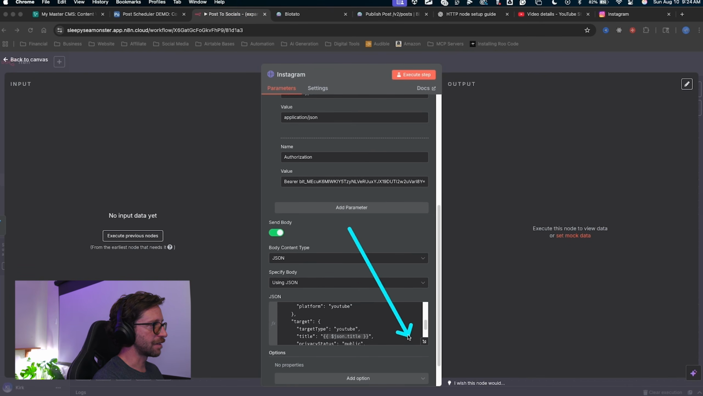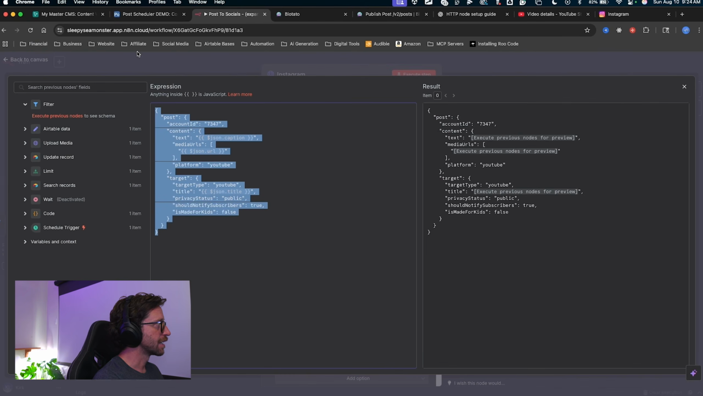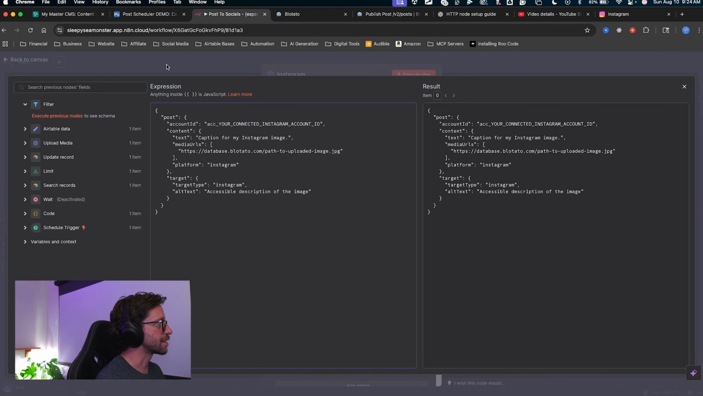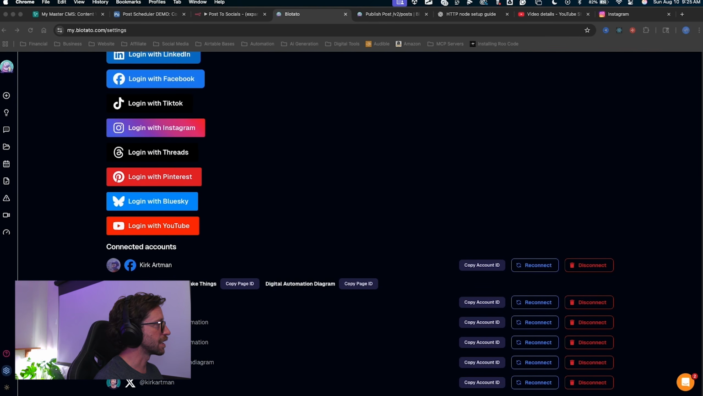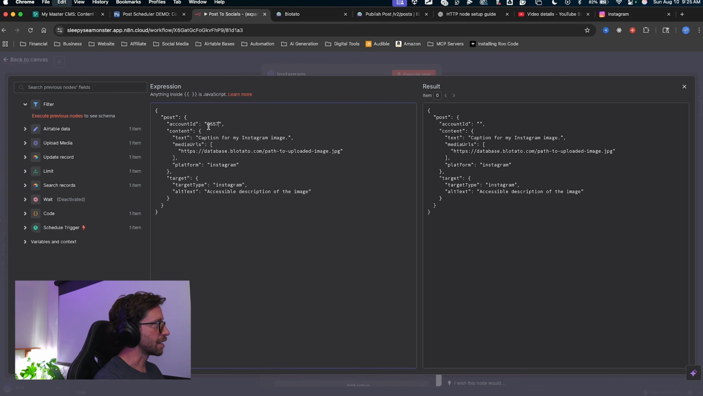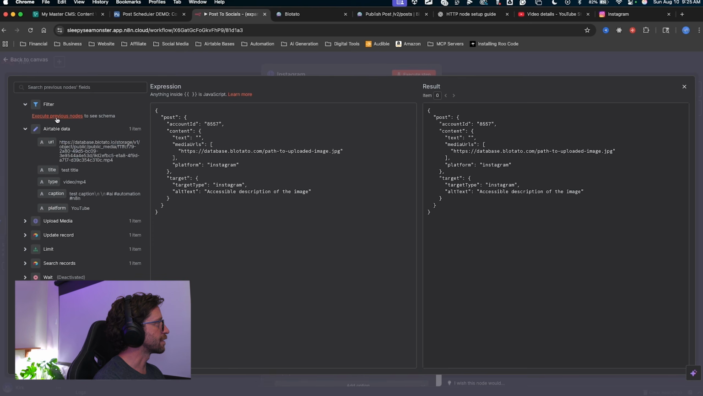I'll expand out the expression here, click the little button, delete this entire thing, and paste in the new JSON body for Instagram. I'll fill out everything the same, account ID, jump back into the tool and find my Instagram connection, copy the account ID back into n8n, paste it. Text will be the caption, can pull that in from the Airtable data. So this filter doesn't actually have the information since we dragged off a new route, but we can still get it from Airtable data. Drag the caption into the text, drag the URL,